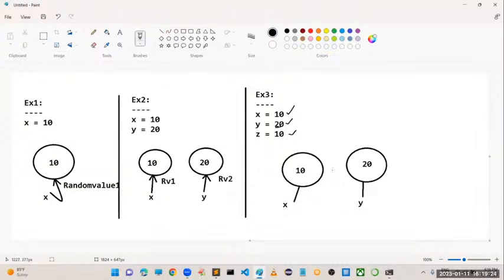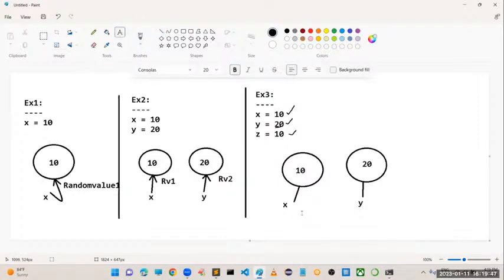z is equal to 10. First, Python will check in the entire memory location: do we have any memory area with this content? Yes, 10 is already there. Unnecessarily creating the object again is always a bigger problem, right?